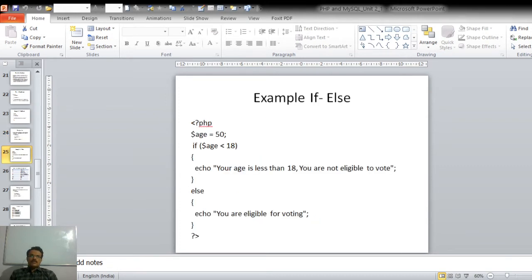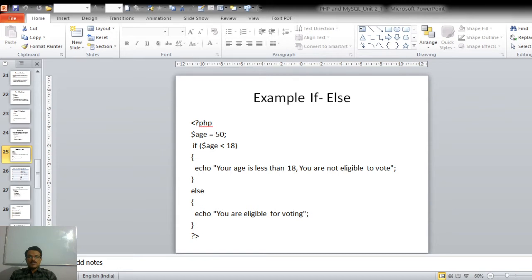So again, we will have an example. Again, the same type of example where we have declared a variable named age and assigned a value 50 to it, and we are checking if that variable's value is less than 18. If that variable's value is less than 18, then we are printing a message that you are not eligible to vote.